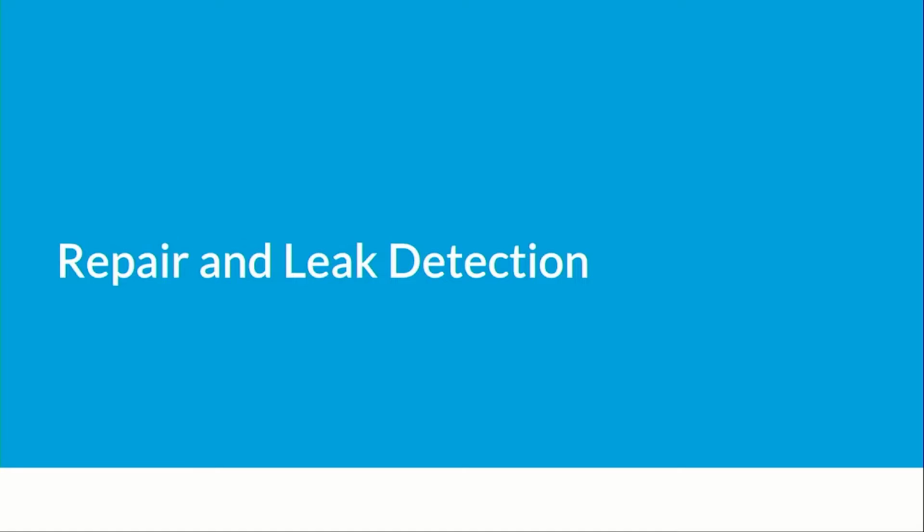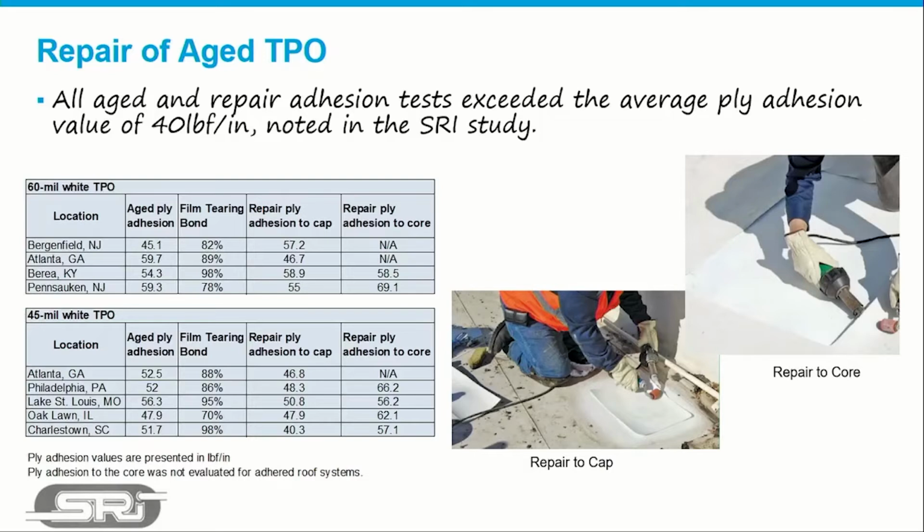Okay. Then we go to the repair and leak detection. How to detect a roof with a leak issue on a TPO membrane roof. Oops, my font changed. Okay. The repair addition test is the